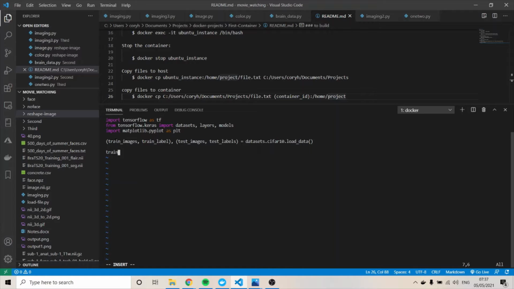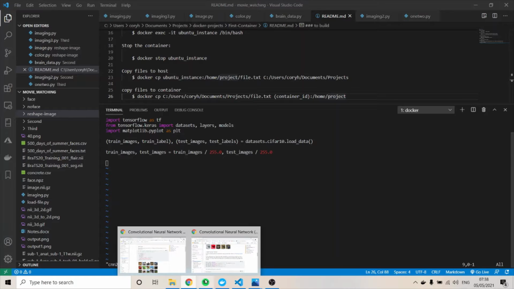And train images, test images, equals train images, test images. So the next part, I'll just save this. The next part,